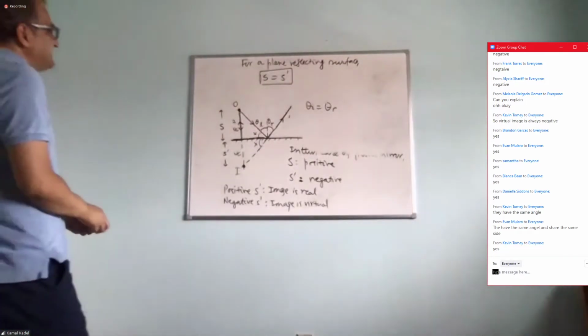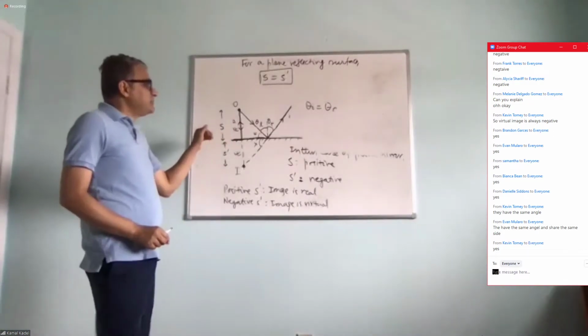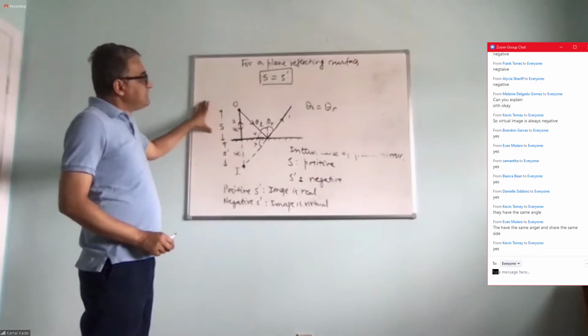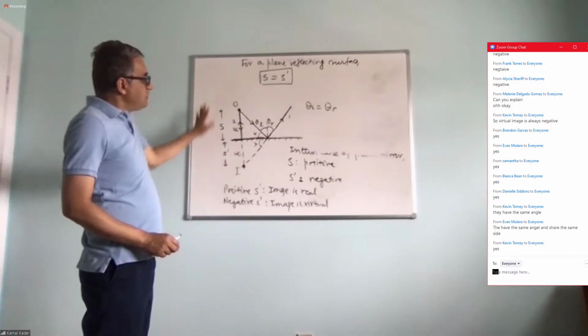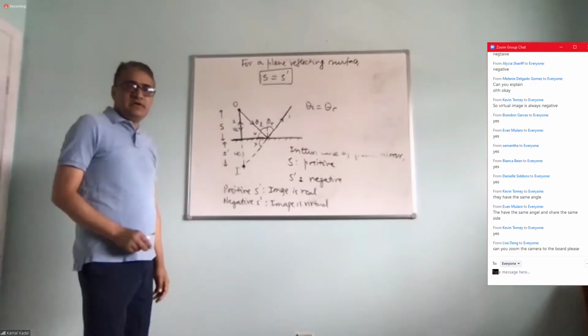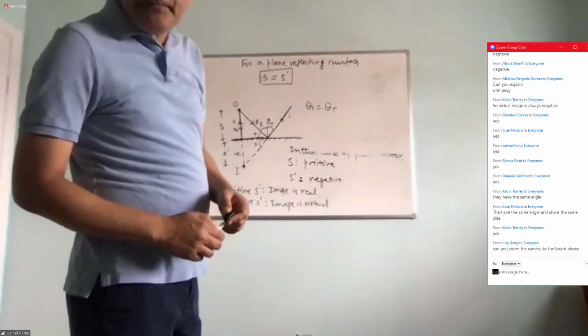The important point here is that the plane mirror is not a very important thing. We will do a few of those, but what is important is that in the context of the plane mirror, we define the sign rule, and we know how images can be formed. And we know that the plane mirror can only